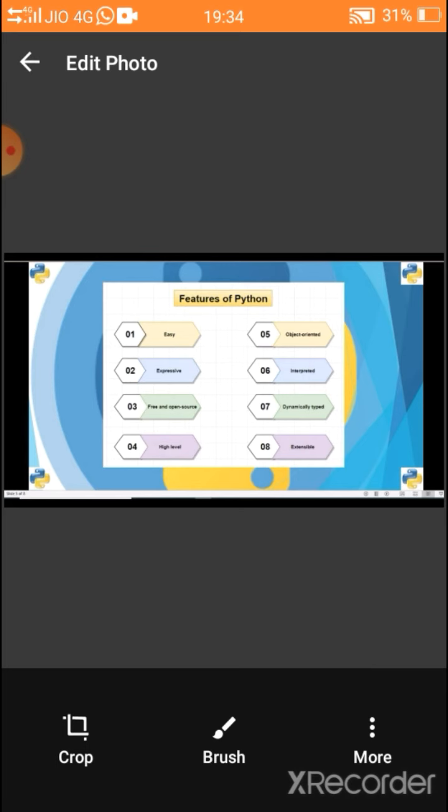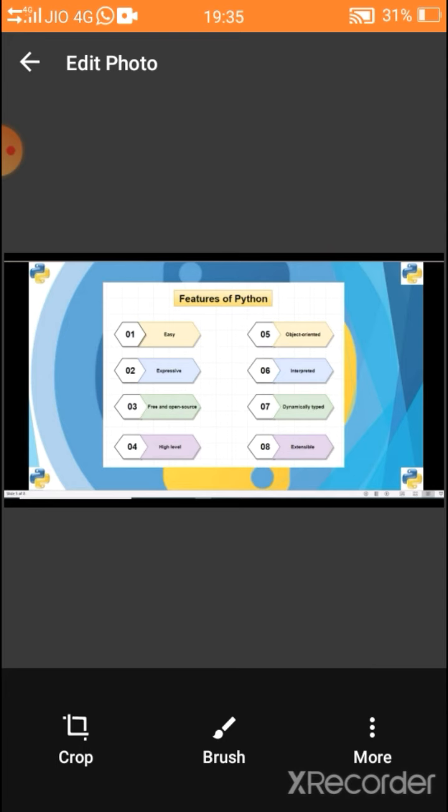Object oriented programming language. That means OOPS concepts can be implemented here. We can use function, class, inheritance in this Python programming language. Interpreted. That means it explains the program to the machine language. Dynamically typed.